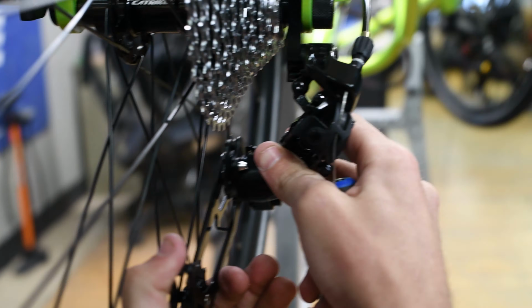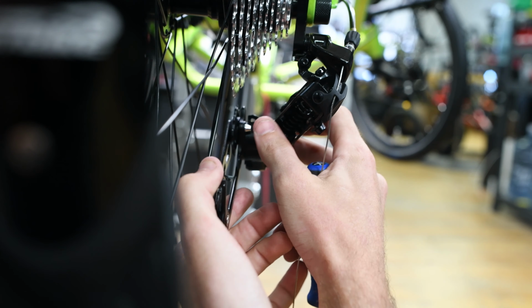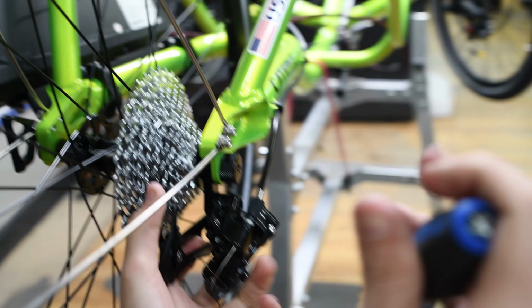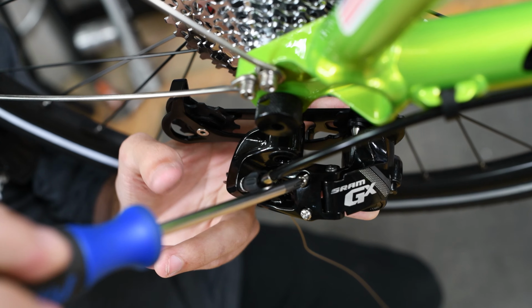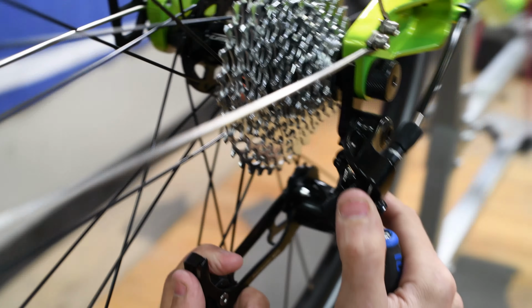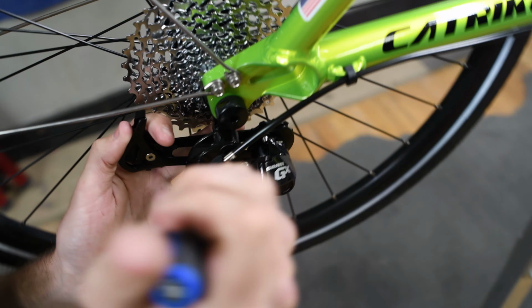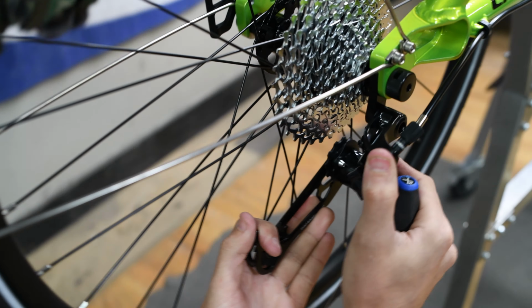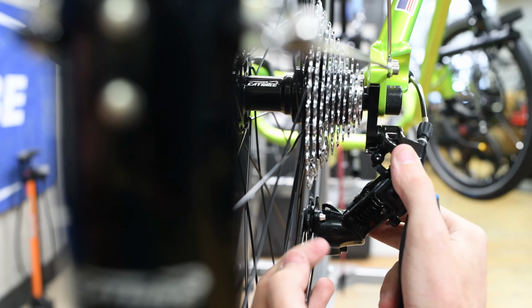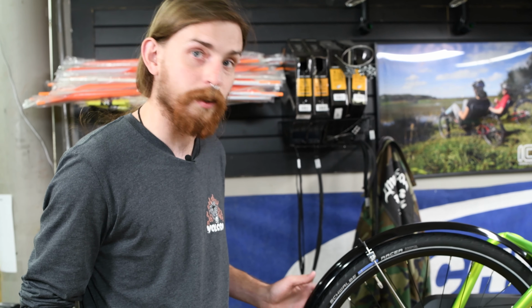You just want to check periodically as you're spinning out the limit screw. Now that it's getting close, we're just going to go in small increments on here. So we'll go about a half a turn, and now we'll check it again. Still a little bit off, so we'll give it another half turn. Check again. That's close enough for now. So that was close enough on the low limit. We'll dial it in once we have the chain installed, which will be